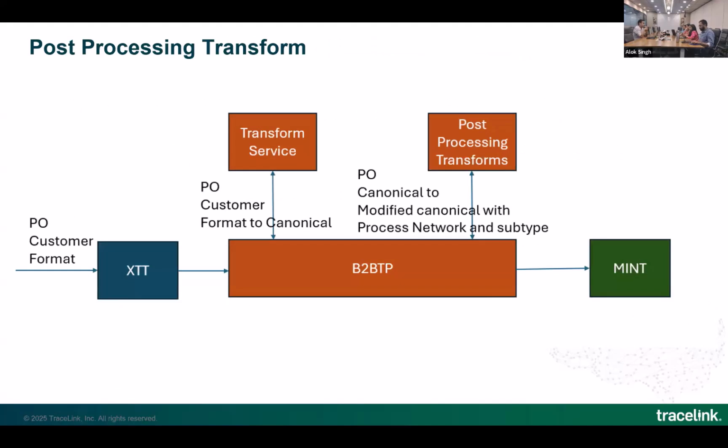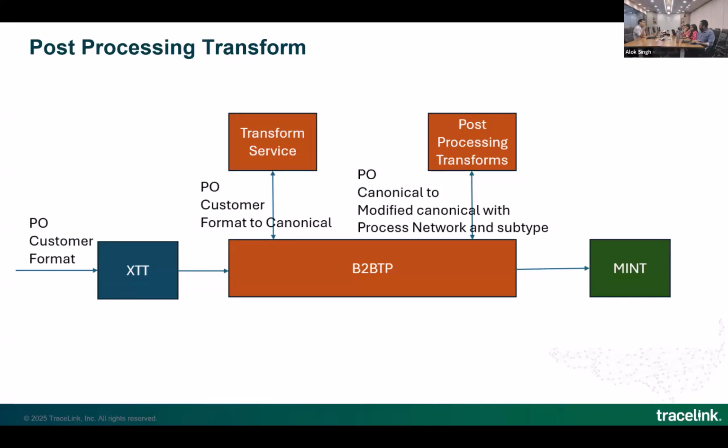Okay, now, so again, how does it look overall? If you see on the left-hand side, you have the XTP application where we have B2B connections created. A customer sends a purchase order. Again, we are taking purchase order as a reference, but it is true for any transaction type, right? So the customer sends a purchase order in their own format. It can be any format, IDOC, X12, and so on. The transaction is received on a B2B connection,